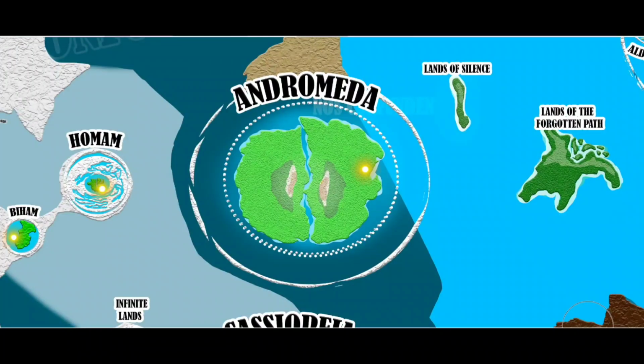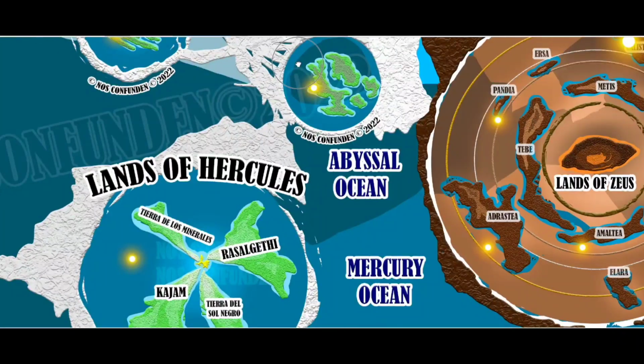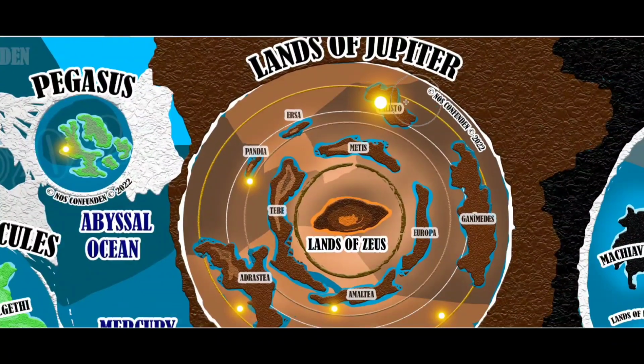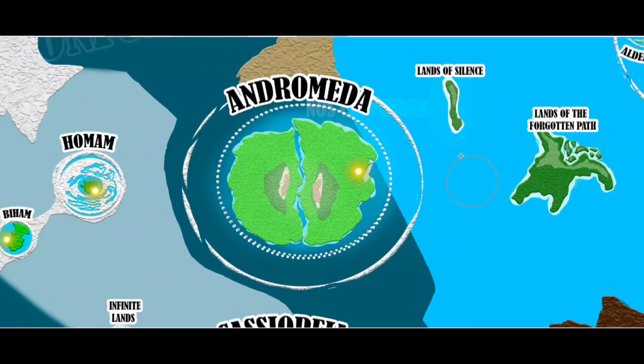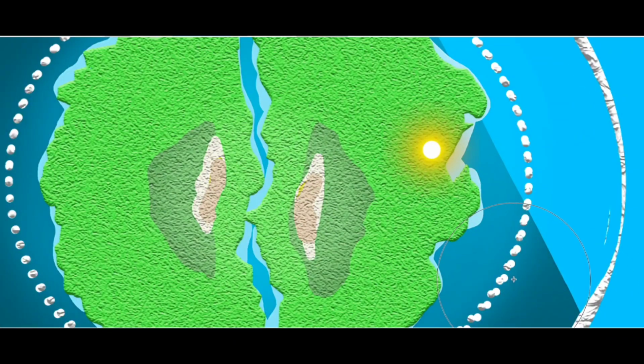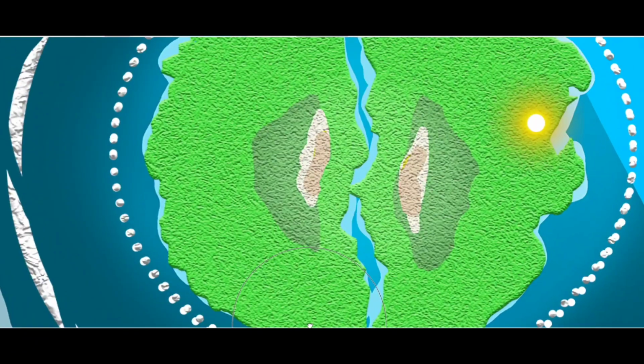Okay, first of all, one sun, only one sun, once again. It seems to be a recurring theme here, compared to the lands of Jupiter, where we have a bunch of suns everywhere, and now here it's just one sun. And this plane of existence is surrounded by one major ice wall, but it has breaches in it, and definitely you can go through here with water. And not only that, but it also has a second inner ice wall, which is made of little rocks or something like that.